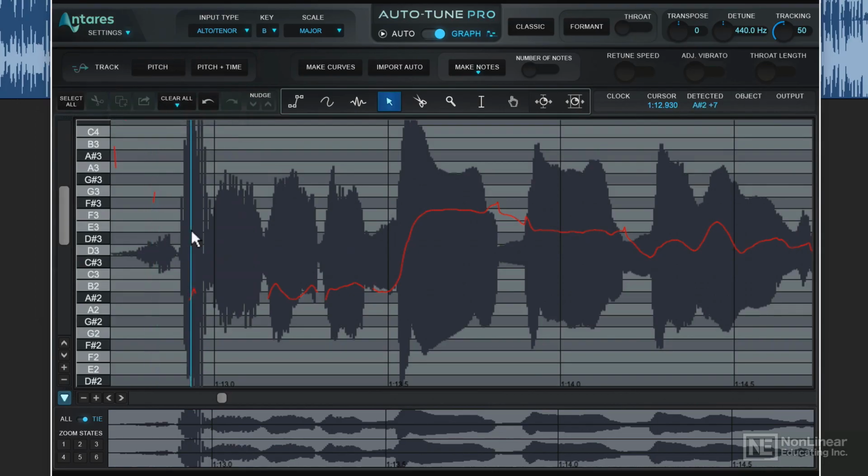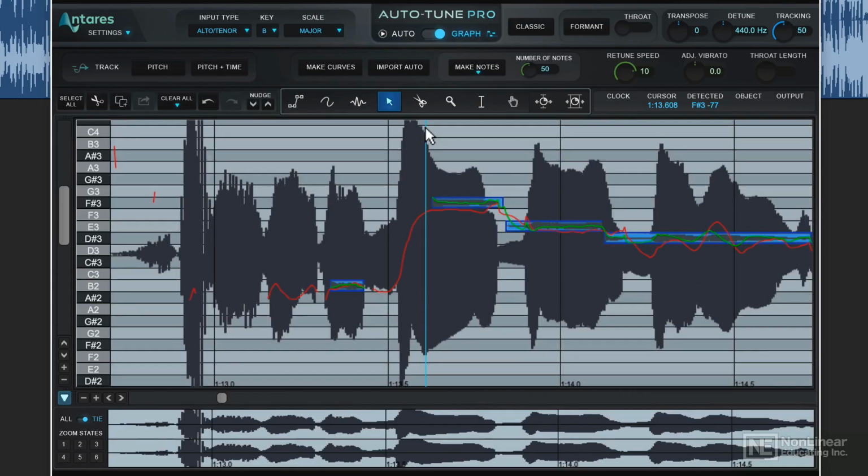AutoTune gives you a lot of options to correct pitch. You can do this with lines and curves, but you can also create notes just like in Melodyne. So what I'll do is click Make Notes, and then click Make Notes from the menu. And what this does is it approximates notes from the red pitch line. Right here, you can adjust the sensitivity of this, and you can add in more notes or reduce the number of notes. Now the thing is, if I set this too high, it'll start to pick up glides and note transitions as individual notes. So I'll just pull this back a bit to just pick up the main pitch center